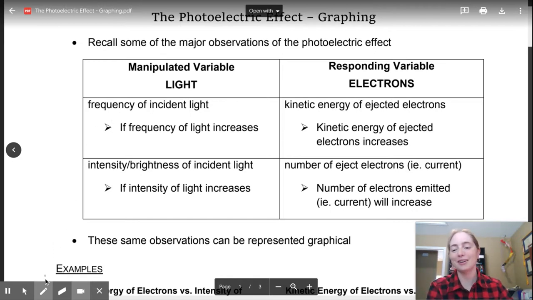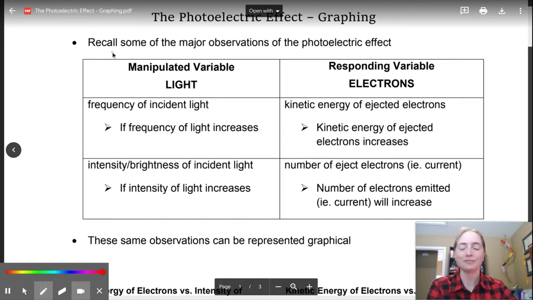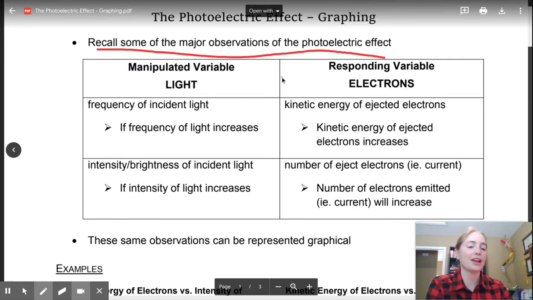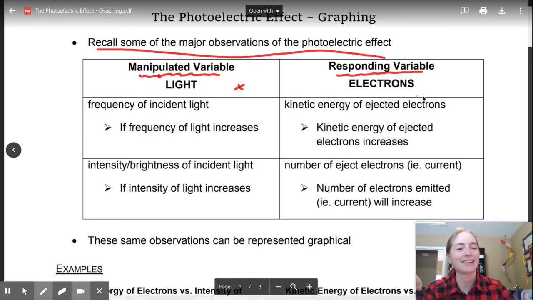All right. So, ladies and gentlemen, these here are a couple of review pieces from the previous set of notes, previous video, whatever you want to call it. We're now breaking it down into our graphing pieces here. So a manipulated variable and a responding variable. So remember which one is which. X, Y. Okay, so if we're going to have our frequency as our manipulated variable, if we're